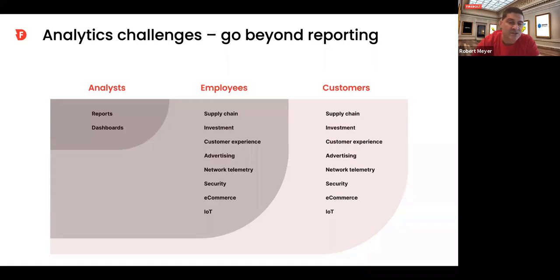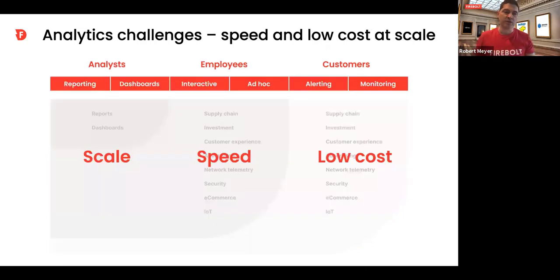They are offering this as a service for your ads. And as you're doing reporting and dashboards, you'll get into some cases where scale is a problem. The data's gotten so big that you have to figure out how to scale better. But generally, by the time you're deploying out to employees or to customers, speed becomes a problem.